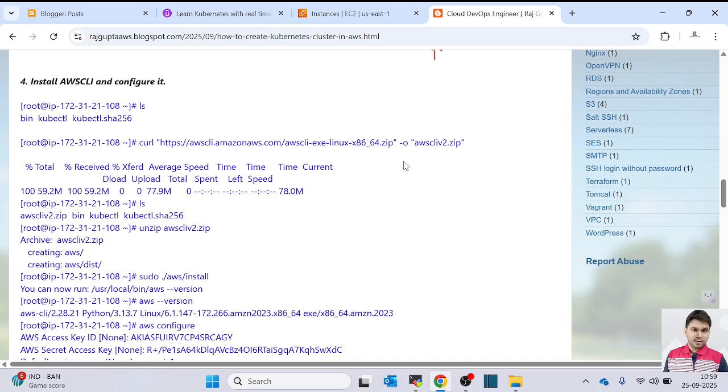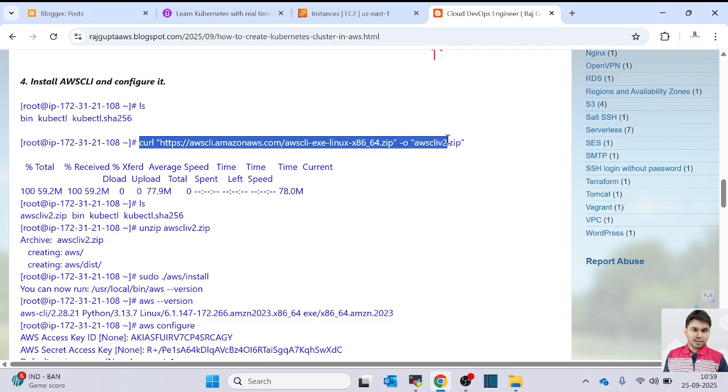In today's video, we are going to see how to install the AWS CLI and configure it in our bootstrap server. So first we need to download the AWS CLI. So just copy the command from my blog